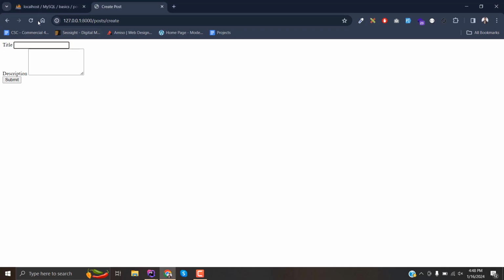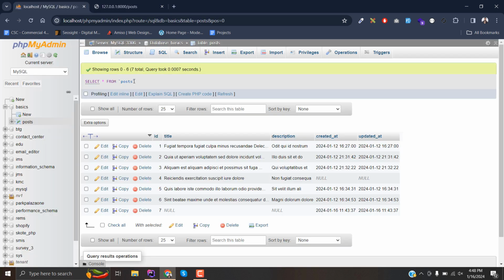All right. So now if we go back and reload the page and hit submit, you see that we have an error that the title field is required. Okay. So what we can do here is fill the title. It should be like testing, and we can leave this description as it is. So now it should be saved,